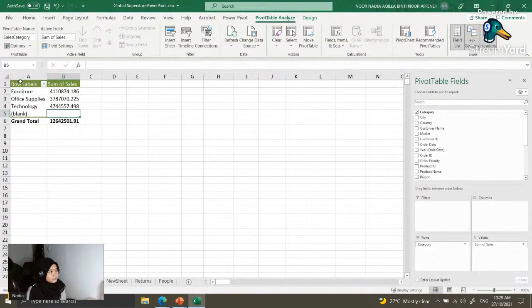All right, so next, moving on to create the bar chart. Now that we have created our pivot table, we have named our pivot table. So click on your pivot table. Okay, and on your pivot table analyze,